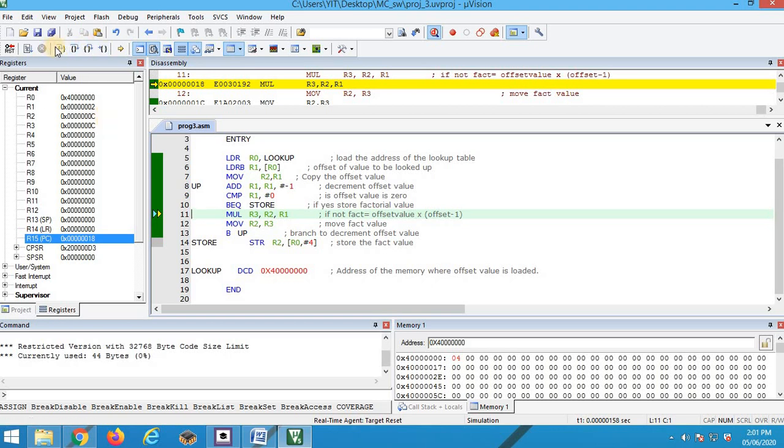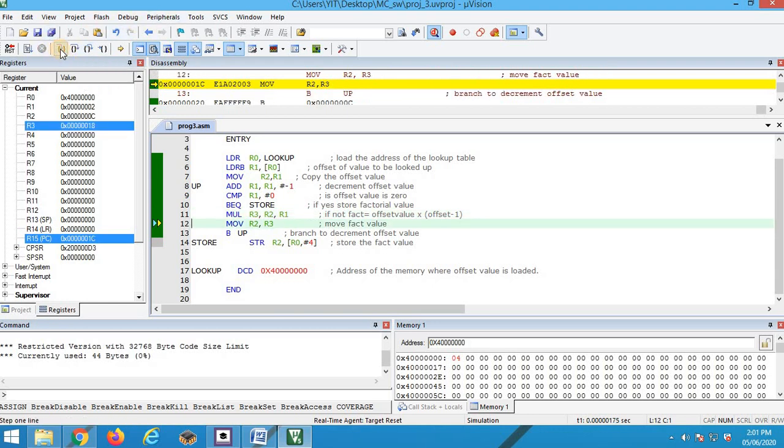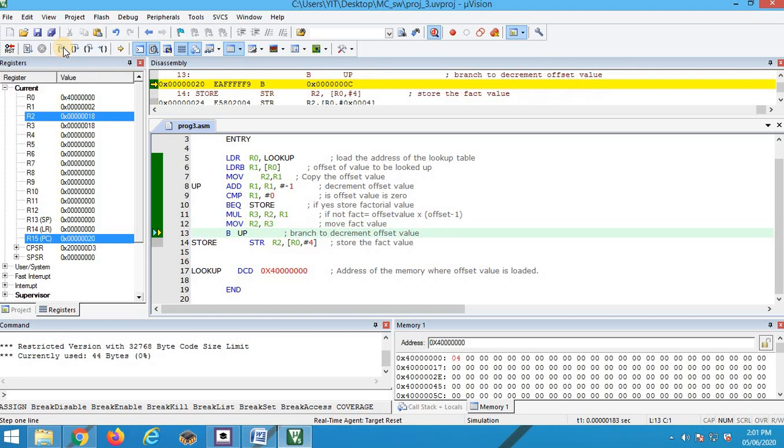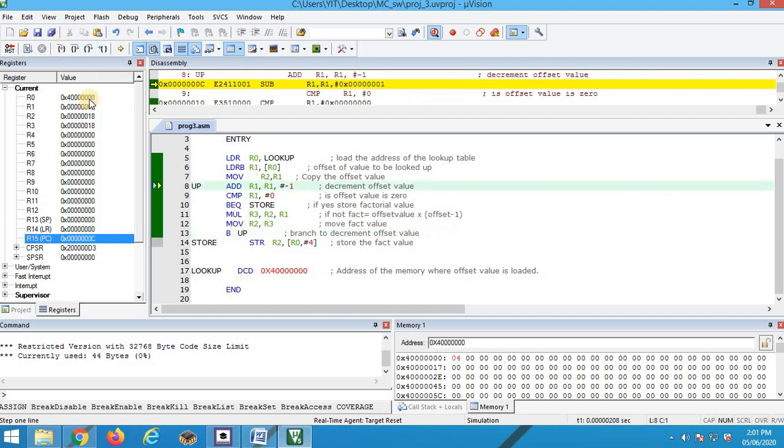So now R3 becomes 18, which is 12 into 2, 24, which is nothing but 18 in hexadecimal. Now whatever is there in R3, I am storing back in R2. R2 also becomes 18. Next, B up, branch up.